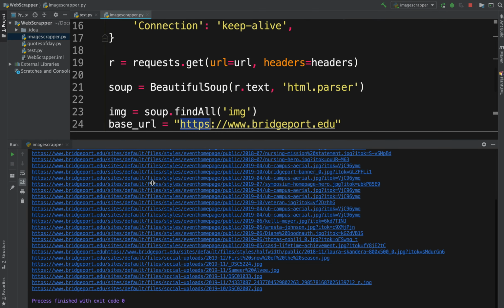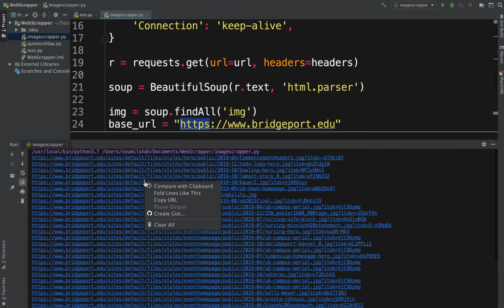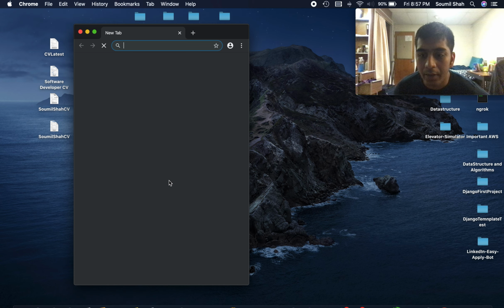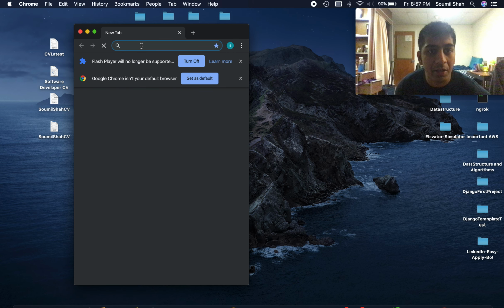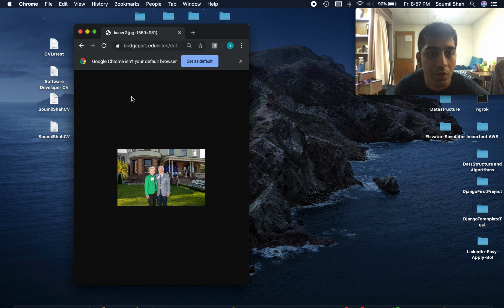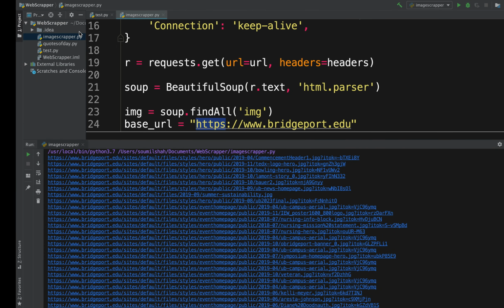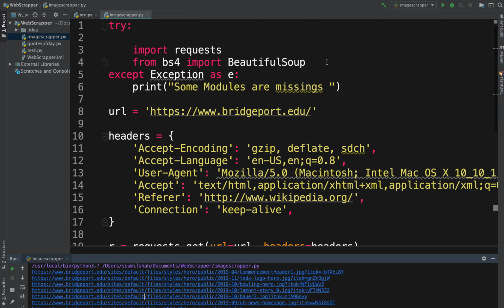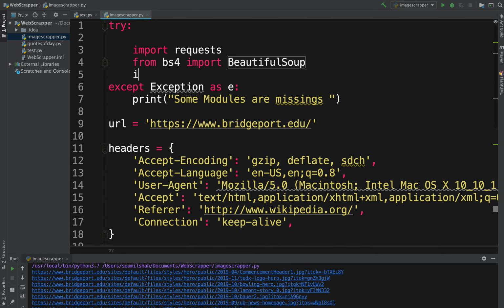Alright, so this code is going to run, and here you can see, sure enough, we have all the images right here. Let me open my Chrome. Alright, so there you go. Just paste it, and there should be an image. There you go, right? So how do we download all of these images? I'm going to teach you two ways. First of all, we need